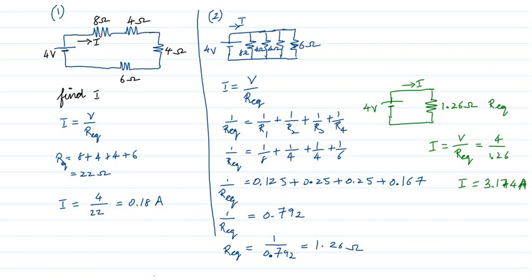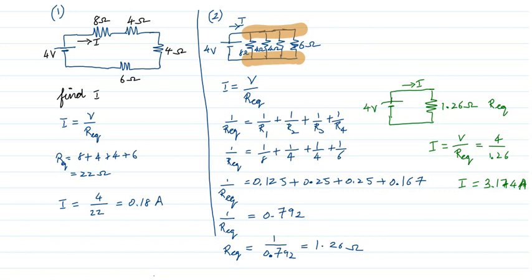Now go to the second problem. Here the elements are in parallel. How am I confirming they are in parallel? Because all the elements are connected across the same points, right? If you look at the resistance, this leg is connected to this point. Another leg of the resistance is connected to this point, right? So all are in parallel. In parallel, voltage is the same. Okay. So this is a node. This node is a ground node. All are connected to the same point.